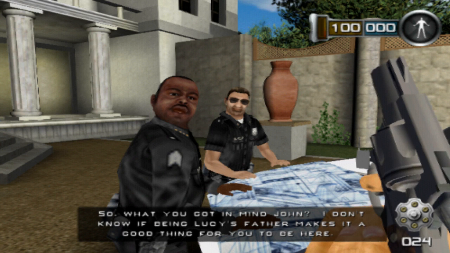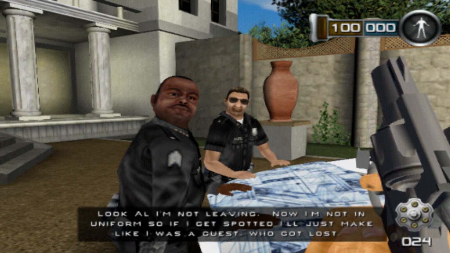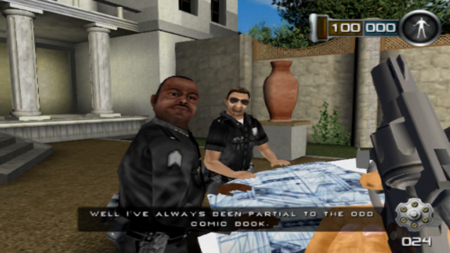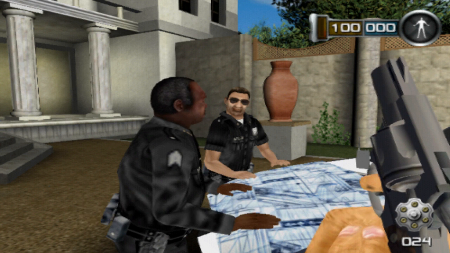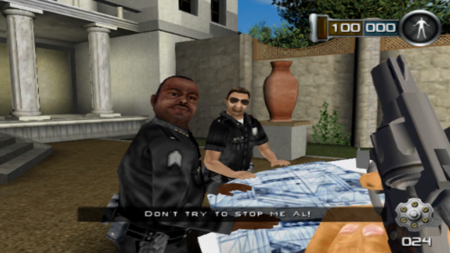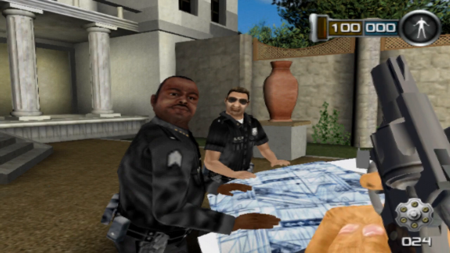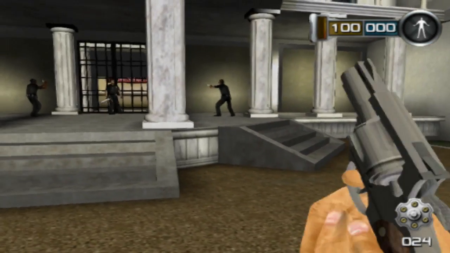I don't know if being Lucy's father makes it a good thing for you to be here. Look, Al, I'm not leaving. No, I'm not in uniform, so if I get spotted, I'll just make like I was a guest who got lost. Oh yeah, you look like a real art lover, McLean. Well, I've always been partial to the odd comic book. Sir, we're in. McLean, don't try to stop me, Al. I was just gonna wish you luck. We'll be on the radio. Good luck, John. Radio in as...